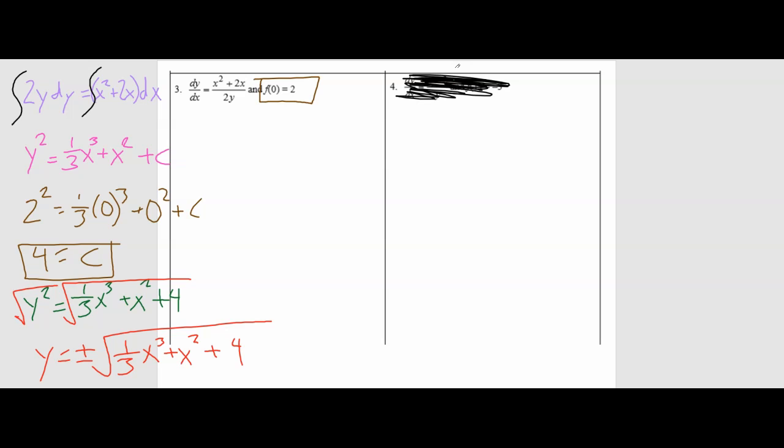Well, when I substitute in 0 for x, if I have the positive square root, I'm going to get y is equal to the square root of 4. Y is equal to 2, which is what I want based on my initial condition. If I do the negative root, so if I have y is equal to the negative square root of 1/3 x cubed plus x squared plus 4,